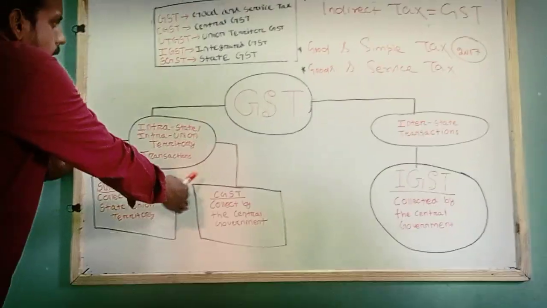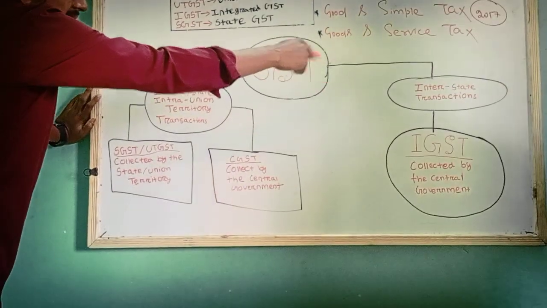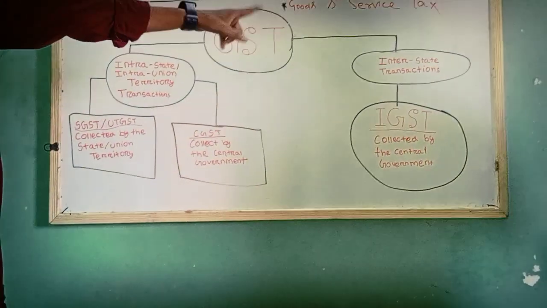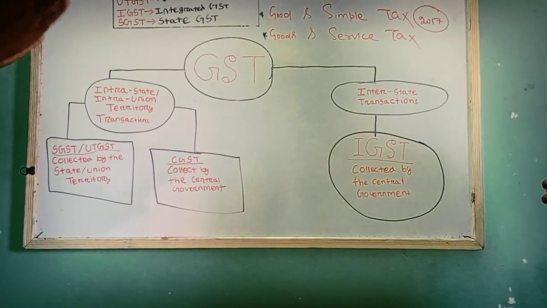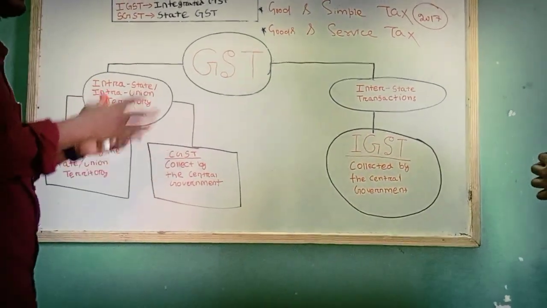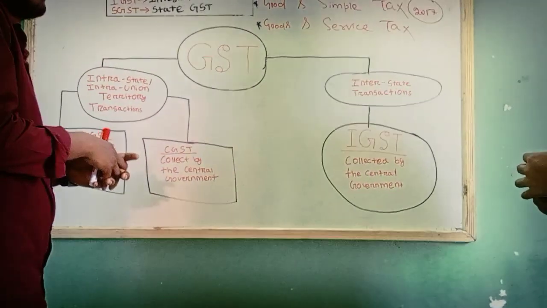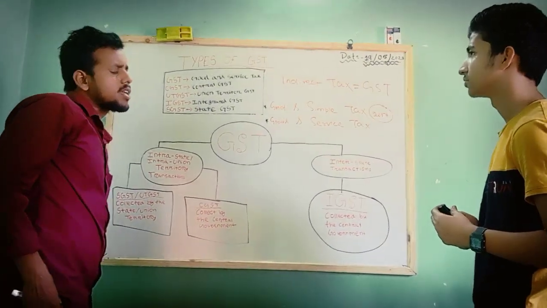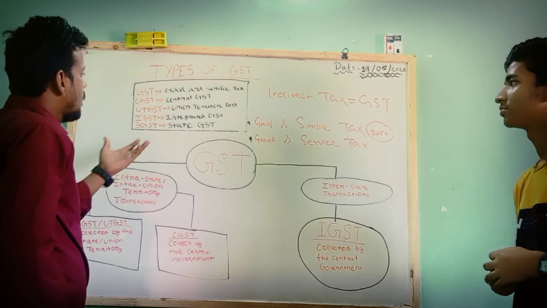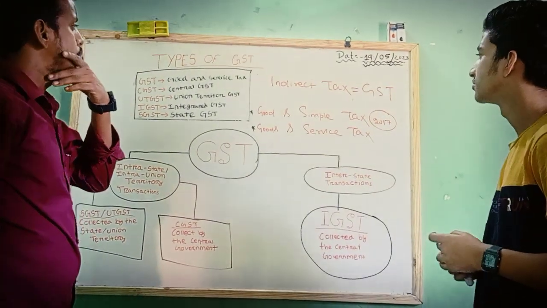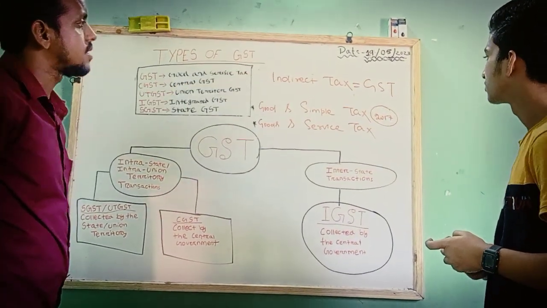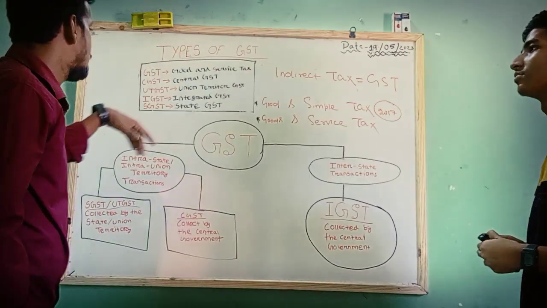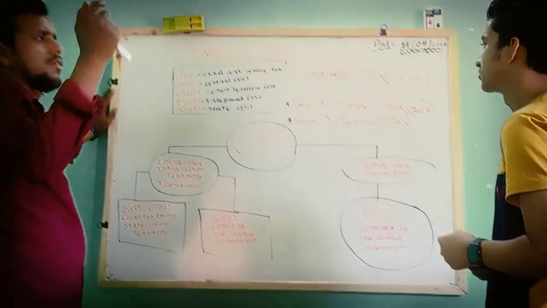Because of that, there is the one word IGST, Integrated GST, which means in an inter-state transaction two states will share their GST tax. Any ideas? I am asking you a question. Please tell me why GST, the Goods and Service Tax, is imposed on goods and not on persons. Why is it not given like the income tax?